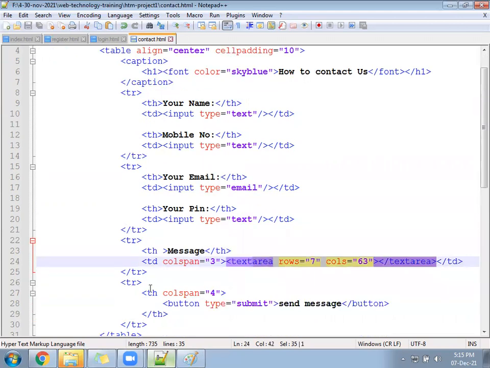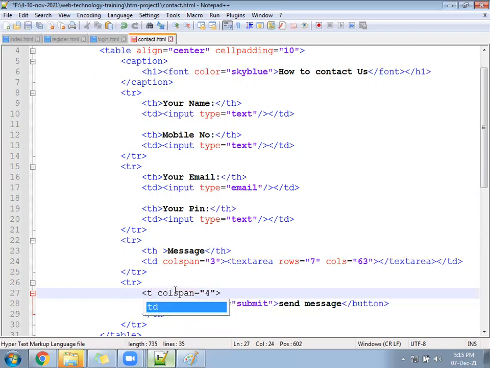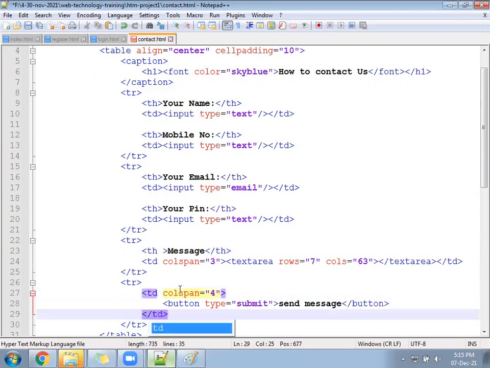And the button will again come inside the TH or TD. For that again we can write colspan 4, so the button should come in the center. In case you are using TD instead of TH, suppose I wrote TD here, in the case of TD the button will come on the left side. So if you use TD, then you have to add a property called align.